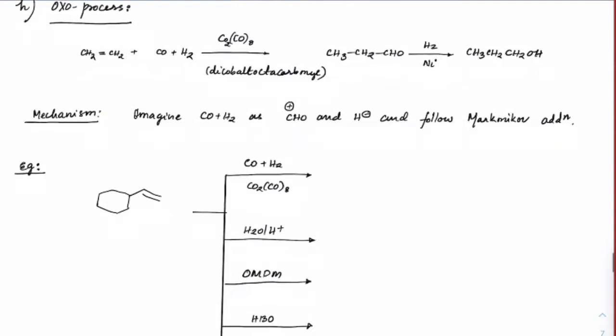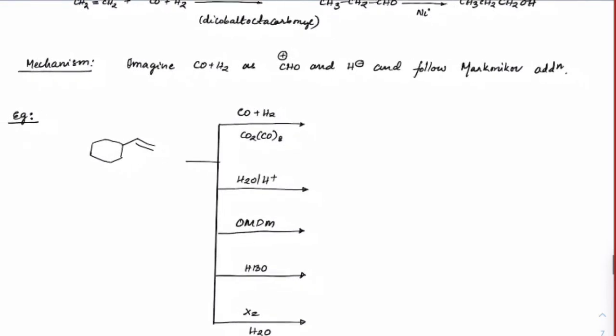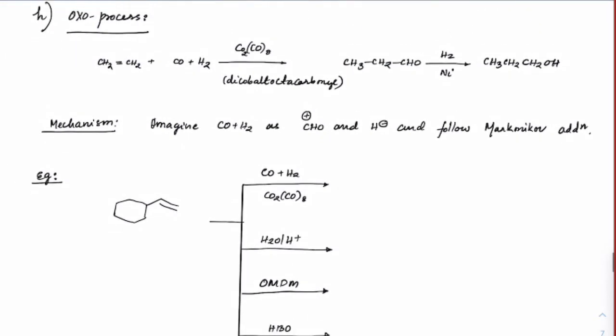Based on that, let's see what products we can expect in this particular question. Make a note of the oxo process first and try to see what products we get here. See the type of products we can get here. First, we will have Markovnikov's addition with CHO. So CHO will get added here, and the carbocation which is forming here will have H addition. Don't rearrange. Usually in the oxo process, rearrangement is not seen.